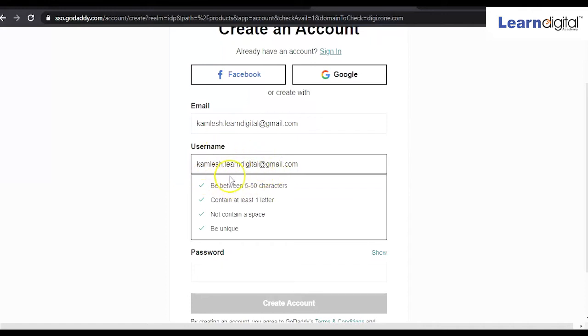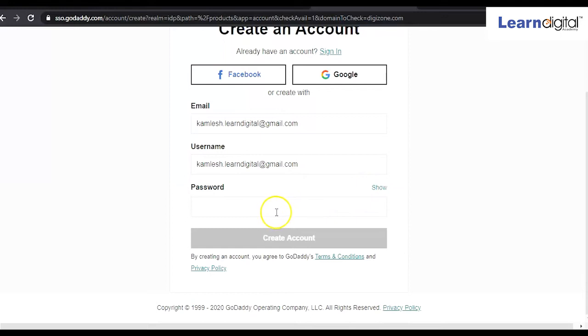When you are creating a username, you have to follow their criteria. The character count should be between 5 to 50 characters, containing at least one letter, no spaces, and it must be unique. So you can create it according to you. Then you can also create a password. So your account will be created on this platform, right?